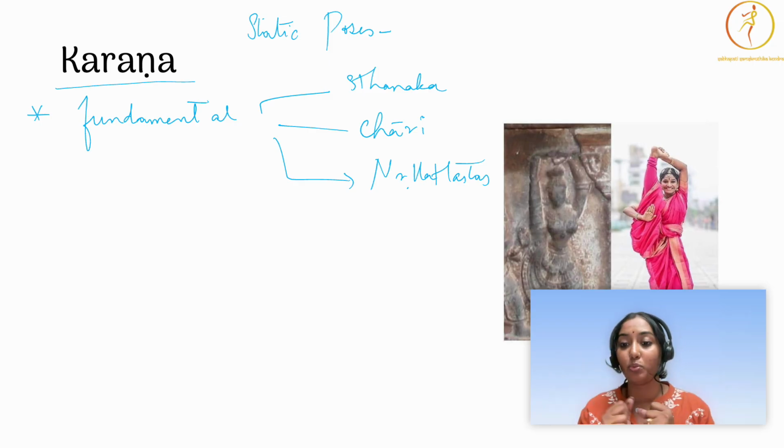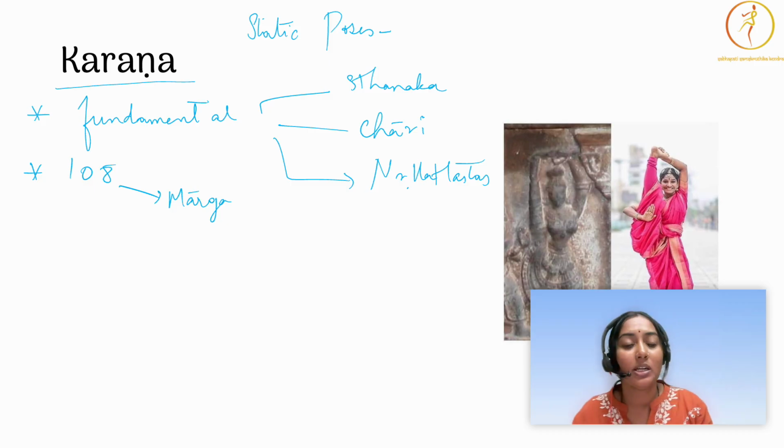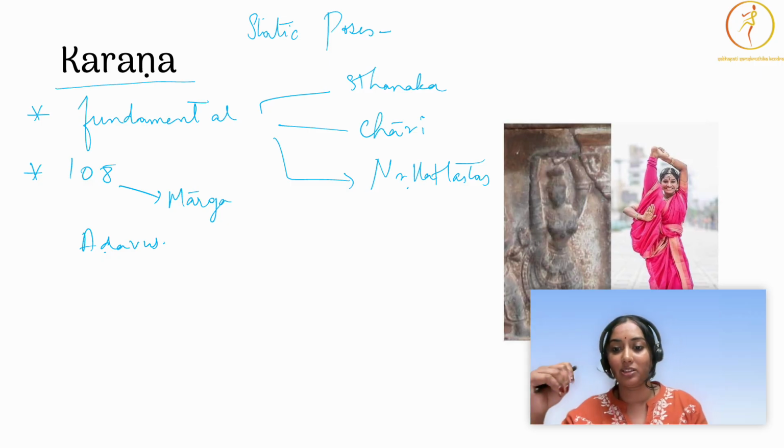And there are Akashacharis. In Bhumicharis, the foot stays grounded; in Akashacharis, you move in the air. So Atikranta, Apakranta, Parshvakranta, and so on. From a combination of these, Bharata has mentioned 108 Karanas in the Natya Shastra. They are to the Marga tradition what, and I'm not trying to derive a direct analogy, adavis are today to the Desi tradition. Don't adavis have four: Sthanaka, Chari, Hastakshetra, and Nrittahasta.